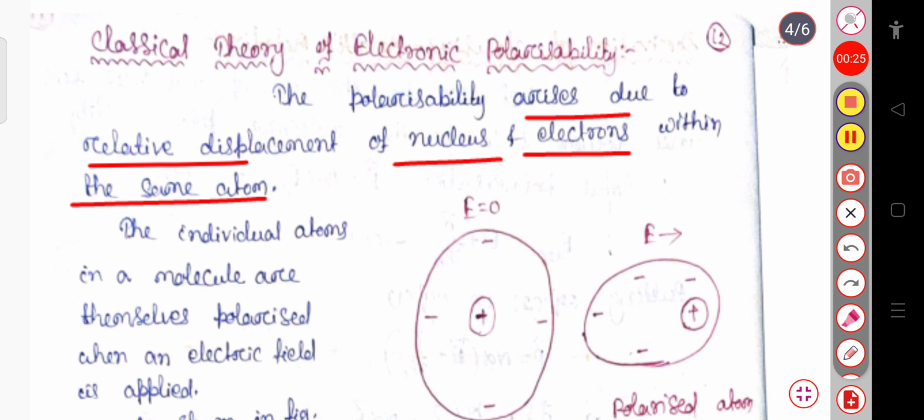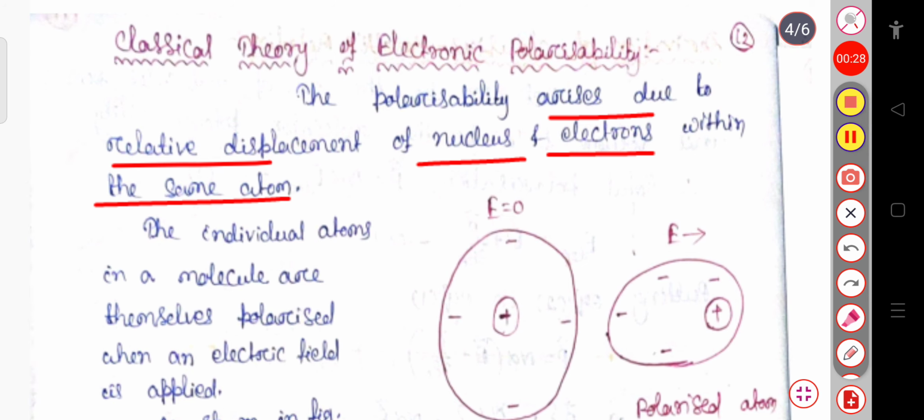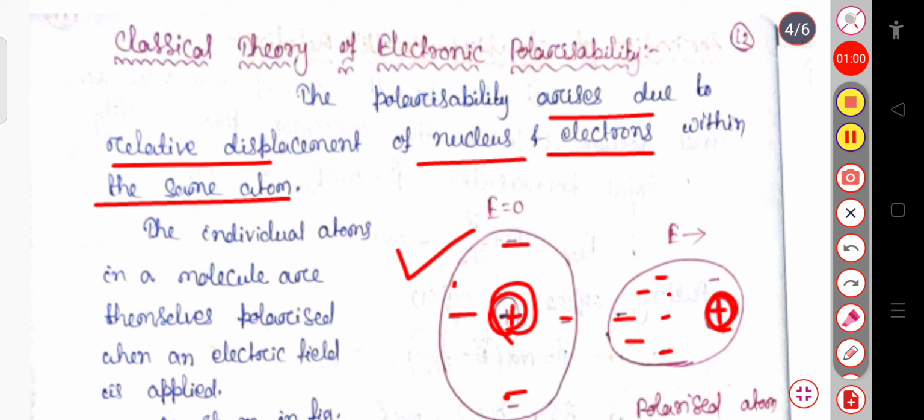the electronic polarizability. So in the case of an unpolarized atom, you can see here, suppose this is the nucleus, and these are some electrons, that is, the cloud of electrons, symmetrically distributed throughout the atom. So in this case, there will be no displacement between the nucleus and the electrons. Now suppose this is your nucleus, that is this plus one, and the electrons are somehow now present at this point.